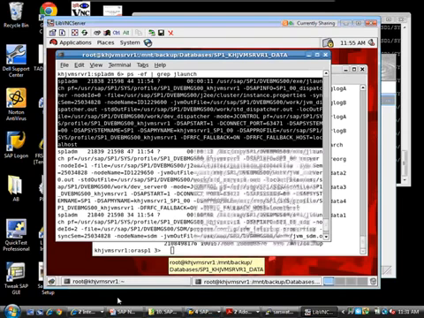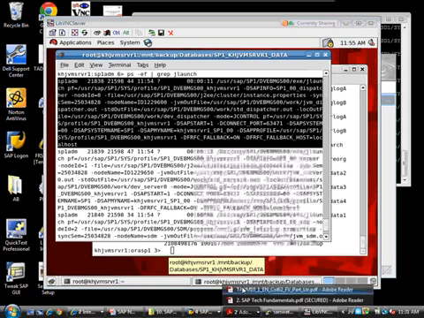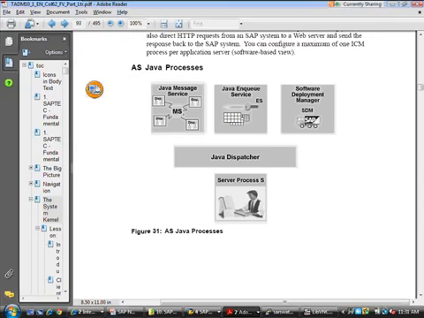And if I look at the diagram here, I showed you the Java Dispatcher at the OS level. I showed you the Java Server process at the OS level. I showed you the Software Deployment Manager. I showed you these 3.